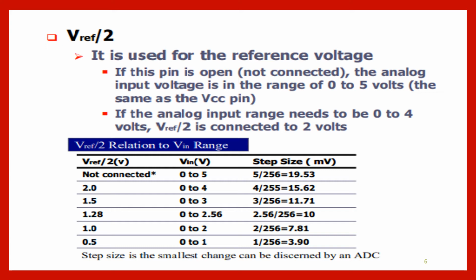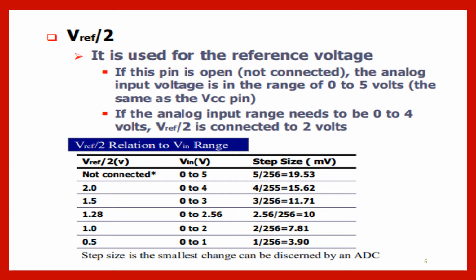The write pin is generally called the start of conversion pin. It is an active low input used to inform the ADC to start the conversion process. If chip select is 0, then when write makes a low to high transition, ADC 0804 starts converting the analog input value of Vin to an 8-bit digital number.